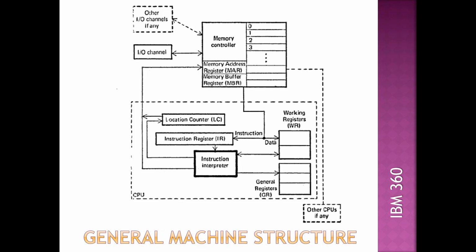First, the 2000 address will be stored in the memory address register, right? And the value at that address, which is nothing but your load instruction, is going to be stored in your memory buffer register, right? So addresses will be stored in the memory address register, and the value at that particular address, which could be an instruction or could also be data, is going to be stored in the memory buffer register. Let us see another example.